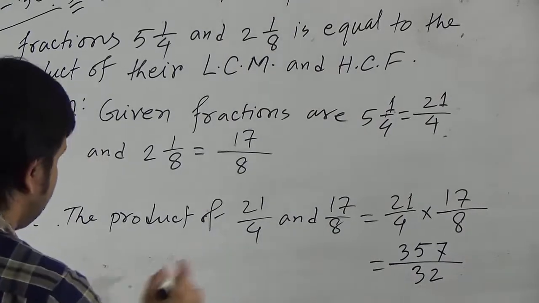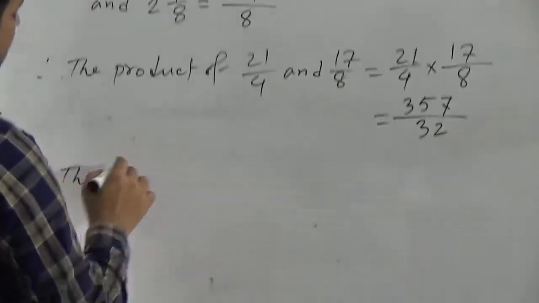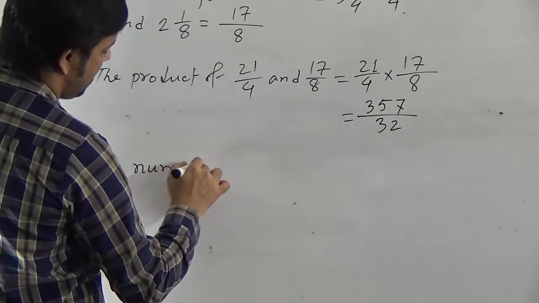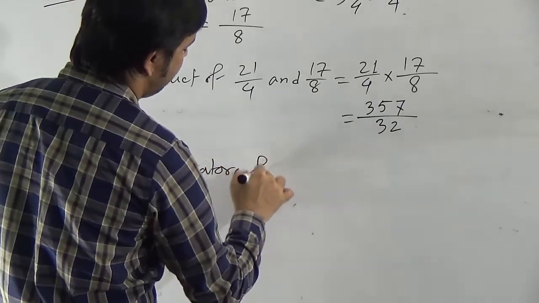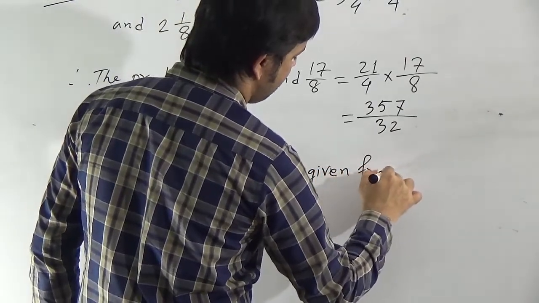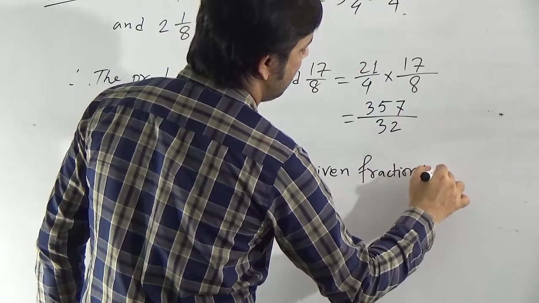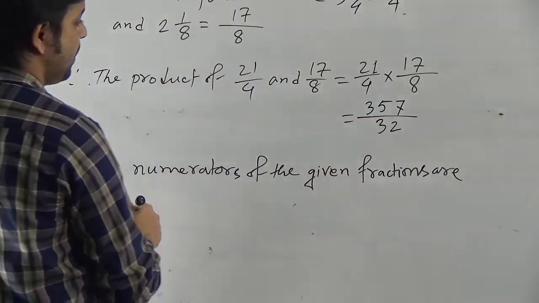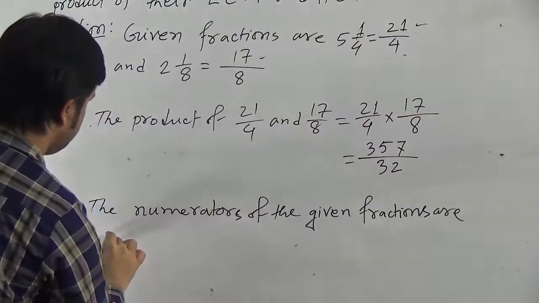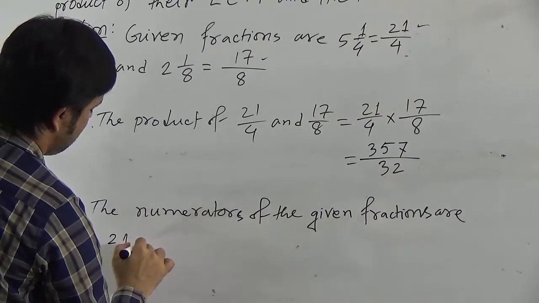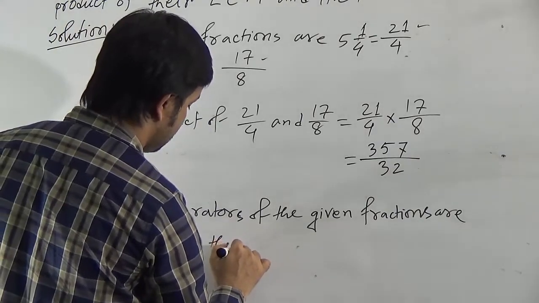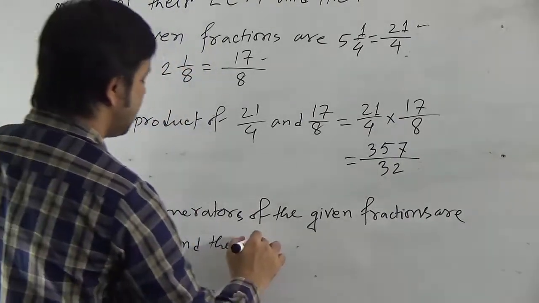At first we have to take the numerators of the given fractions. What are the numerators here? Numerators are 17 and 21. It means we can write 21, 17, and their LCM